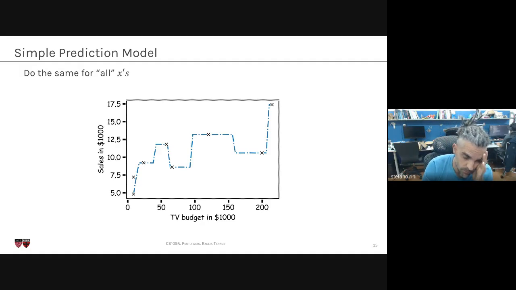As we said, we go for 123. Let's say that the point is here. We look for the closest budget to this budget, which is going to be this 130, and we see what the sales are for that budget. The sales was 13.5, so we predict our sales is also going to be 13.5. So you receive a budget, you go to your data set, you see which element had the closest budget, and you predict the same sales that this point has. This is one nearest neighbor: you look at one neighbor and predict the same sales as your closest neighbor.